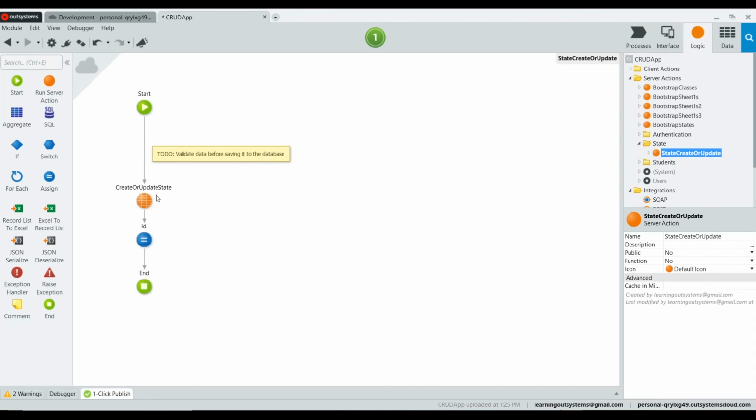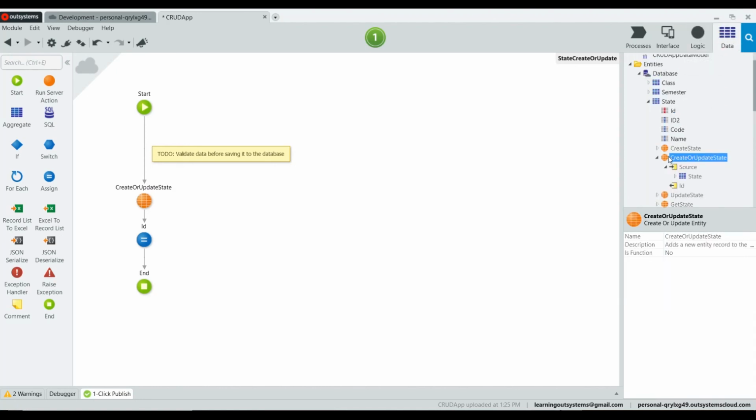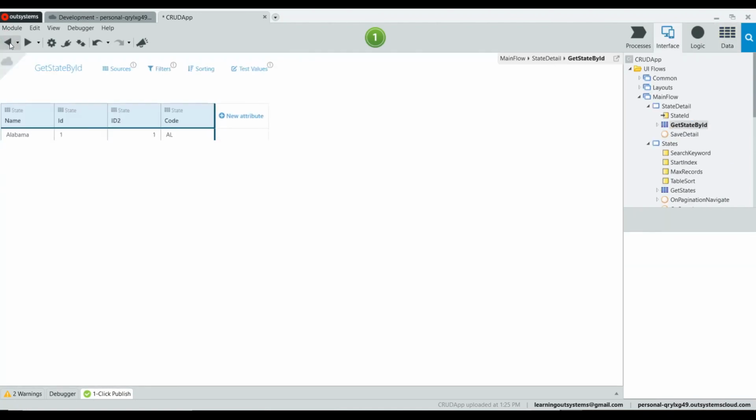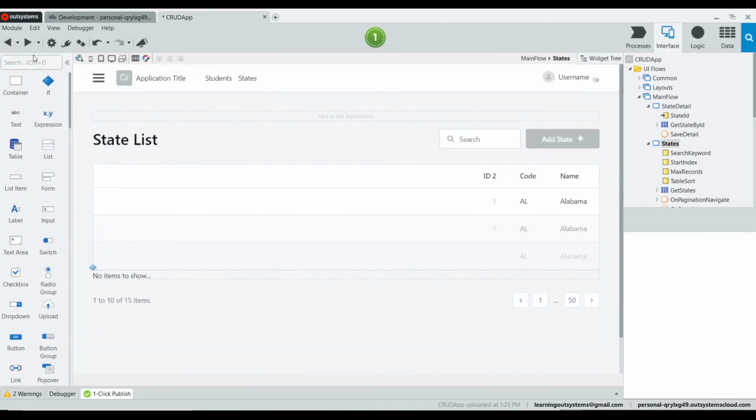Take the record, we pass it to the client action, passes us to the server action, passes us to the function of create or update, and that does all the work for us. And then all we have to do is decide where we're going to point or navigate the user after they save that record. I think we're done with this